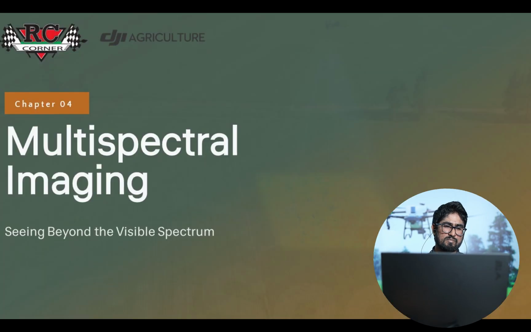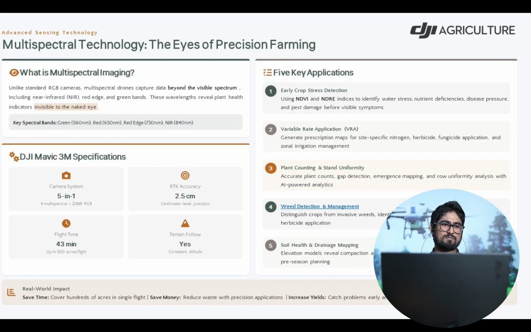Do you have any idea about multispectral imaging? Multispectral drones capture data beyond the visible spectrum, including near-infrared and red edge bands. These wavelengths reveal plant health indicators invisible to the naked eye.